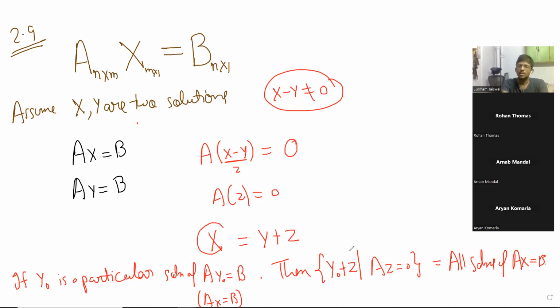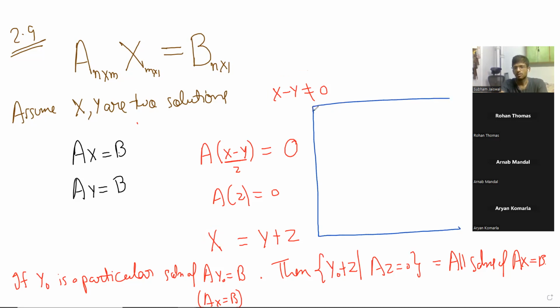Okay? So all the solutions come like this. So what does this mean? Let's try to investigate this. What is the further conclusion? Further conclusion. This means that if you look at this solution set of z such that Az equals 0, and if you look at this solution set,